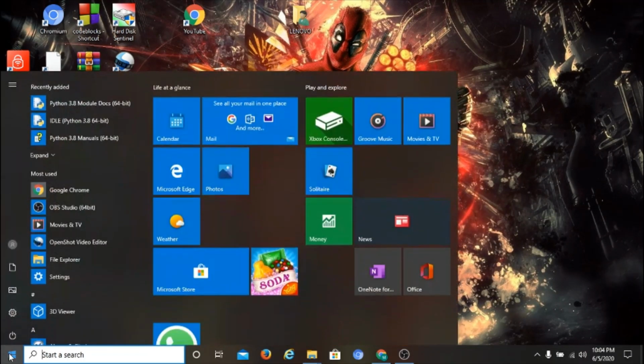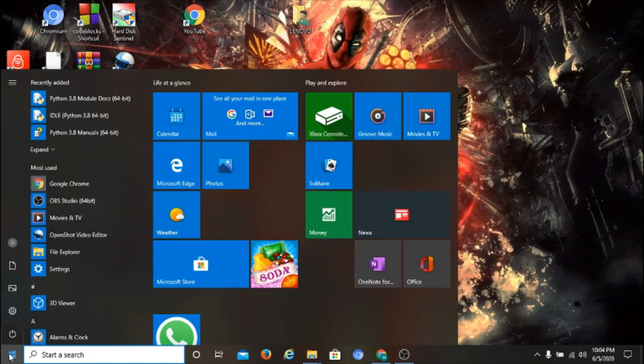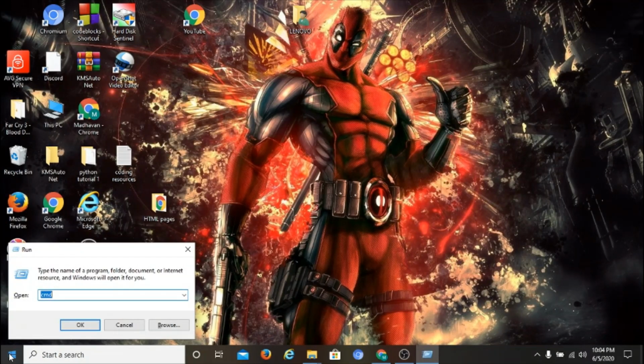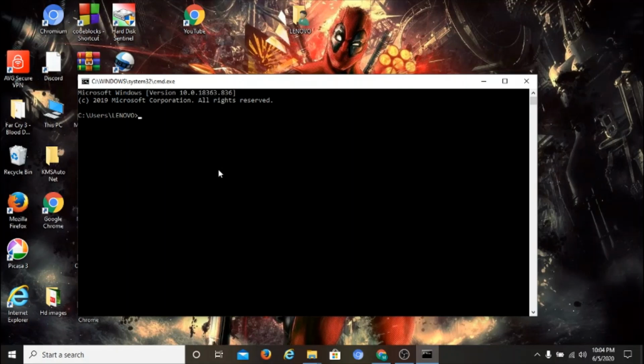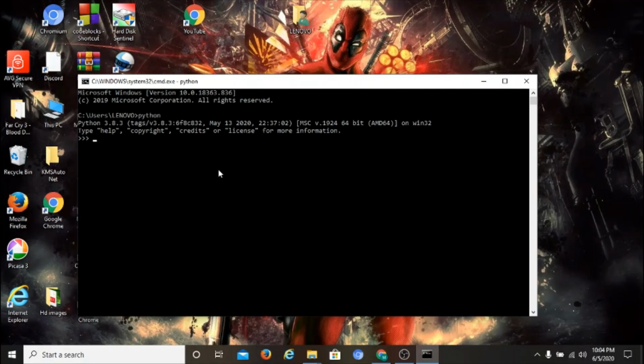Now the third way is by using the Windows command prompt. You can open the Windows command prompt by pressing Windows plus R, which will give me the run command, and you can type cmd, which will open the command prompt for Windows. Now you can check whether Python is installed successfully by typing the command python. Yes, absolutely, Python has been successfully installed.